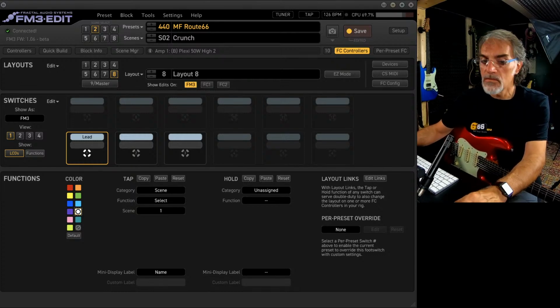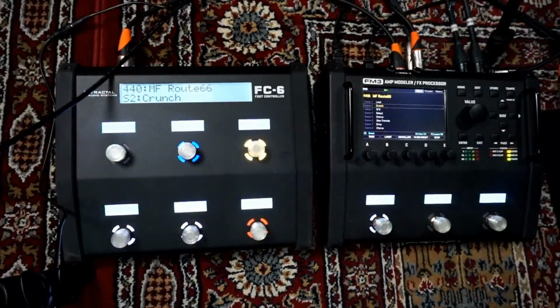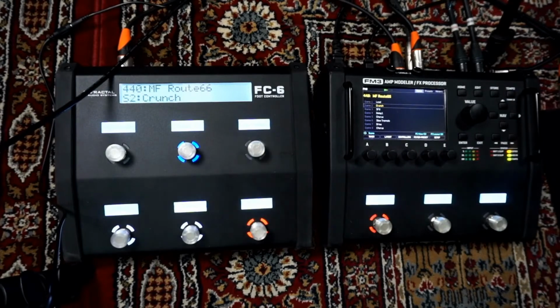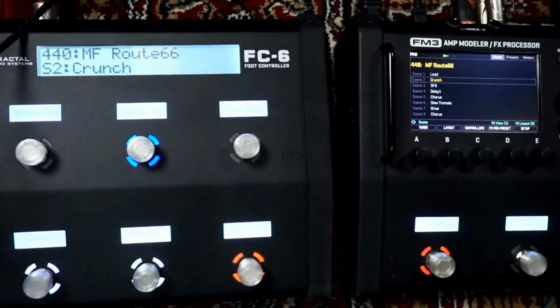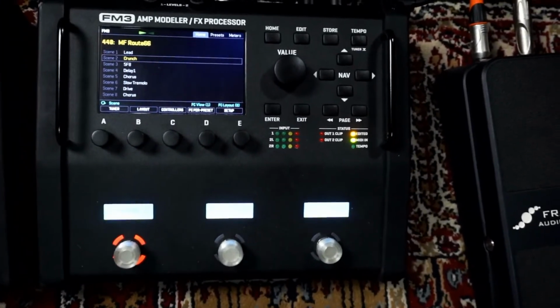I show you also the image of the editor. If I change the color, you can see the first switch. I zoom in on the FM3.